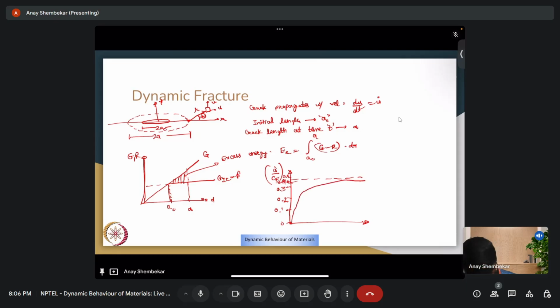Oh, I forgot to put this is 1, 3, 5. This is A by AC. So you have crack wave velocity as 0.38 C1 times (1 minus AC by A). And this is evaluated for a brittle material, assuming Poisson ratio is 0.3. For an elastoplastic material, your behavior